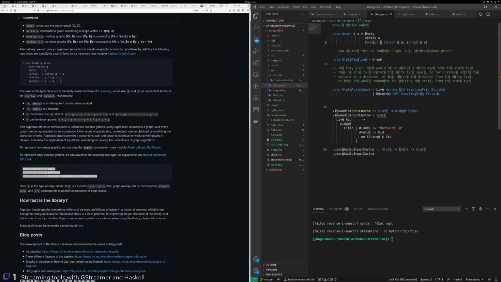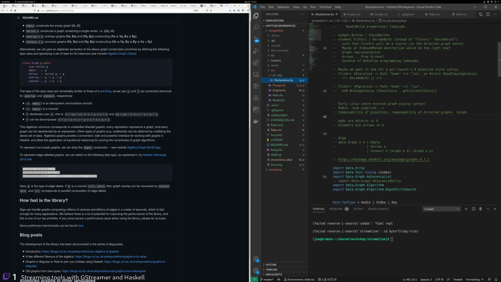And to be honest, a particular edge. There's no reason why we wouldn't be able to do that with edges too. And then obviously we want to think about what edges represent in this pipeline. Compatibility of pipelines, path of objects, elements and arrows,